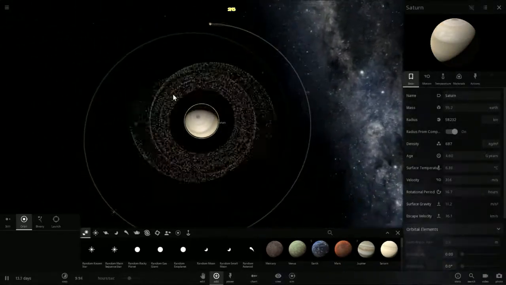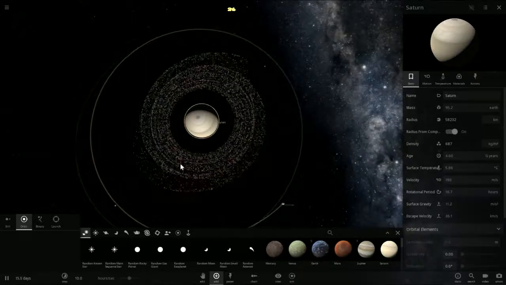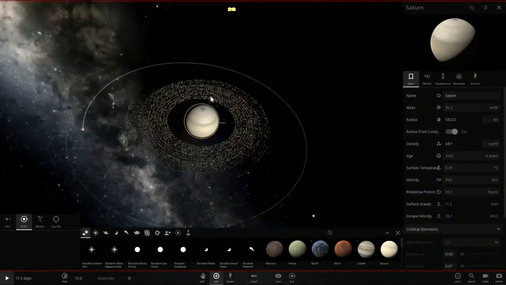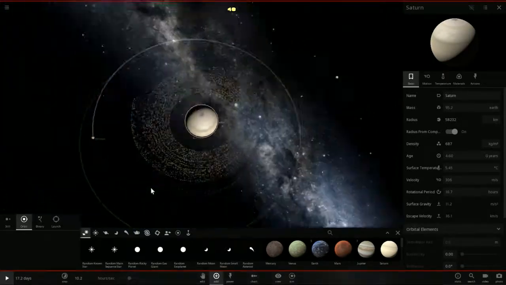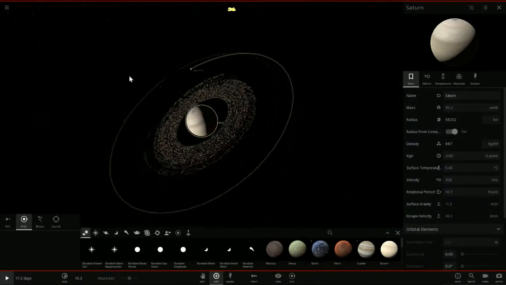And look at that, instantly there are gaps in the ring. There are gaps. That is quite something. There, look, right around the planet there are gaps, and that proves